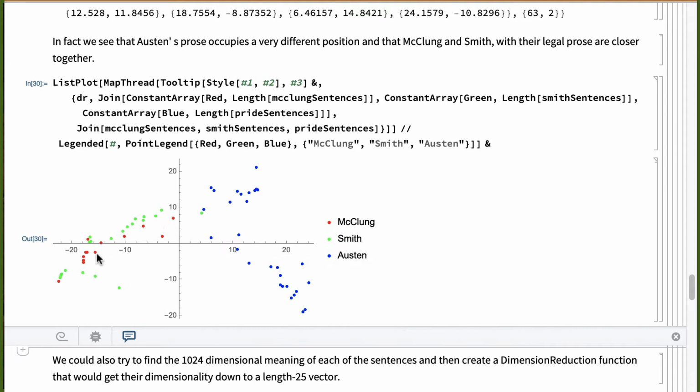We also see some distinction, like you can kind of draw a line here. I know I'm straining a little bit, but it does seem to be finding some distinction between the green Smith points and the red McClung points, although obviously the difference between them is much less than the difference between either of those two and the Jane Austen material.